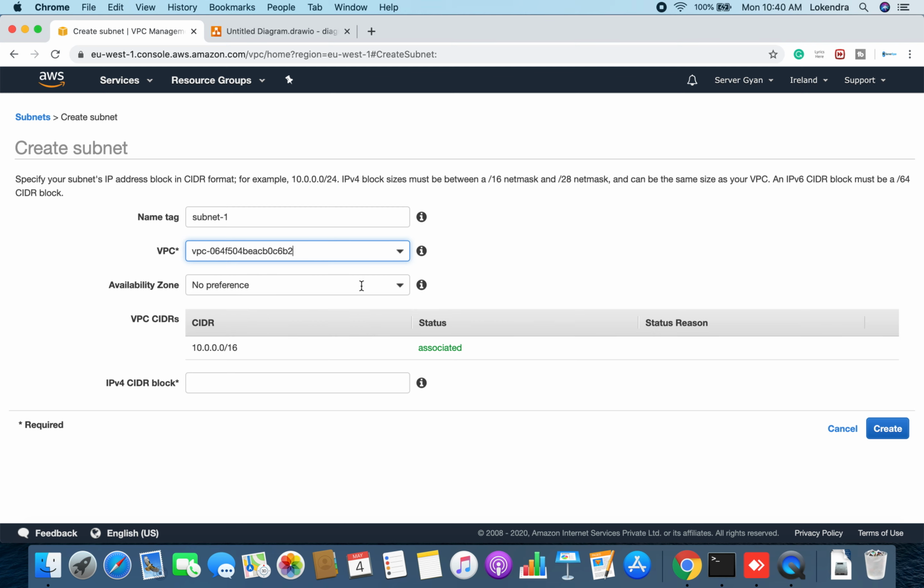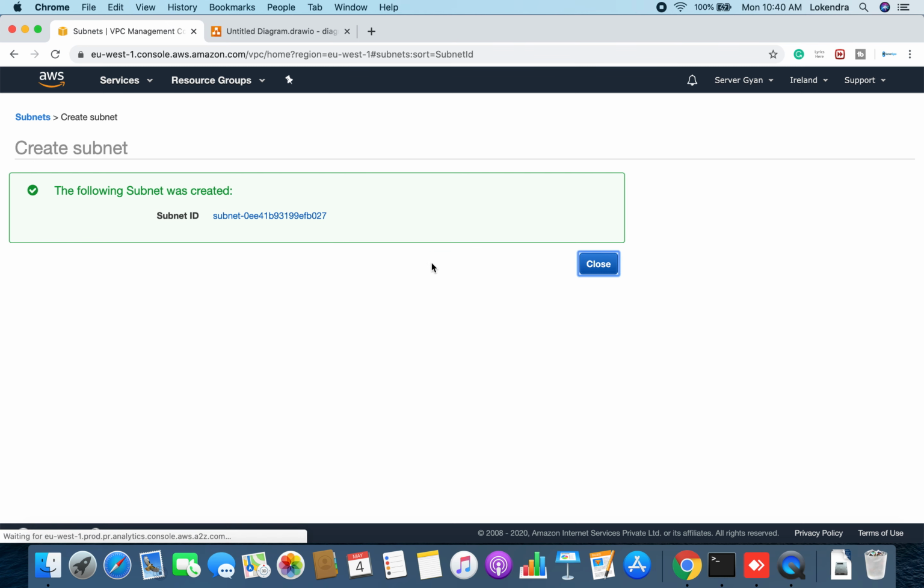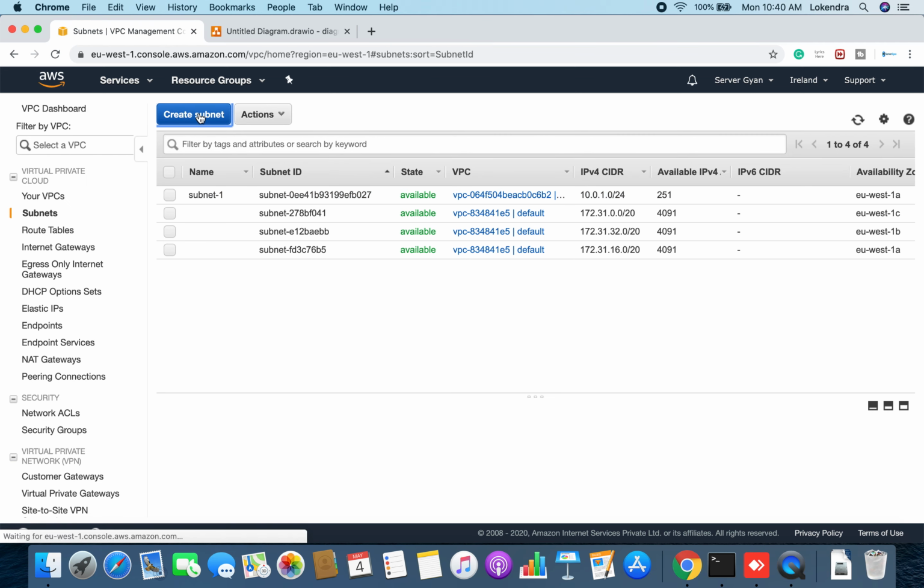Why is it so? Because I want to demonstrate that the subnets I'm creating are obviously going to be part of that VPC. 10.0.1.0/24. Let me copy this value, as I'll have to create a couple more subnets. The second subnet will be 2.0/24, and so on. We will create 3 subnets here.